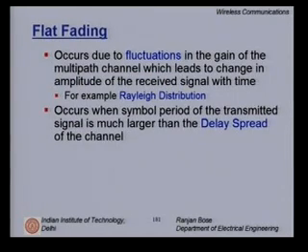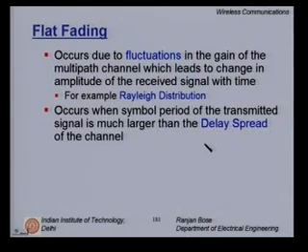Clearly, these effects start vanishing if your multipath components reduce. For example, if we use a highly directional antenna, both at the transmitter and receiver, we wipe out most of the multipath components. In those cases, the delay spread of the channel starts going down. Just the selection of the half power beam of the antenna can affect your delay spread, and hence whether the channel is flat fading or frequency selective fading. So, when you design a communication system, all these things will come into the picture.